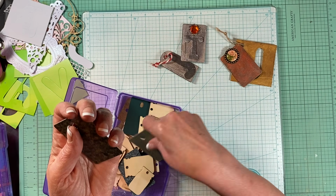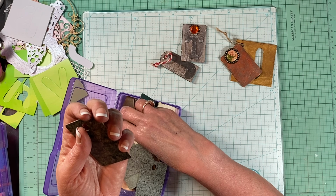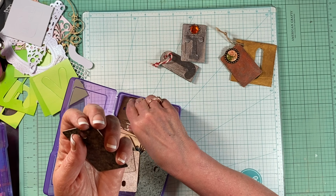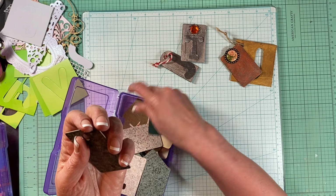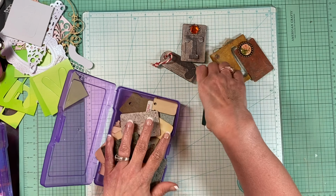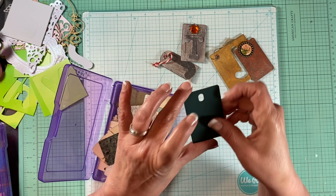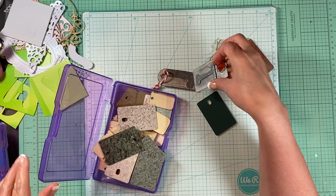But I just took these years ago, and I never used them. Actually I was looking at them, using them for something, but anyway, that's all that is. And what's really neat about these is they're very thin. They're super thin. Now I put on this one a thicker letter, and I put,